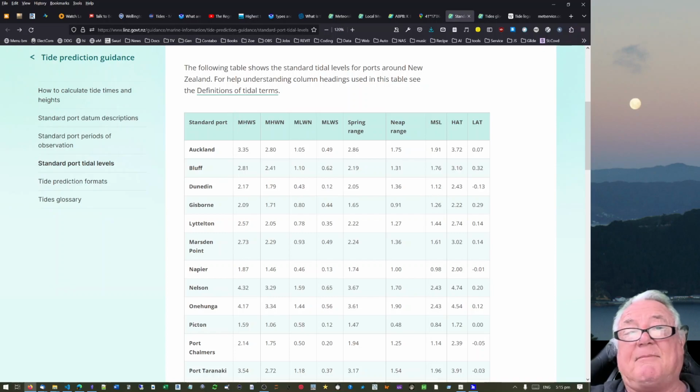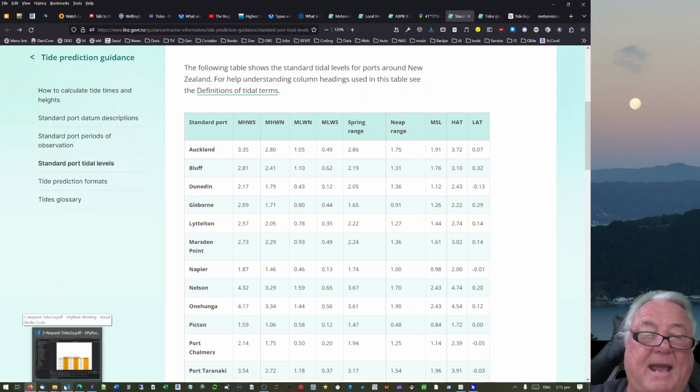So there's these MHWS, which is mean high water spring tide, mean high water neap tide, mean low water neap tide, mean low water spring tide, and then you can see the range between the stuff. So we've got the spring range and the neap range. Then we've got the mean sea level. So the mean high water spring tide is the fact that